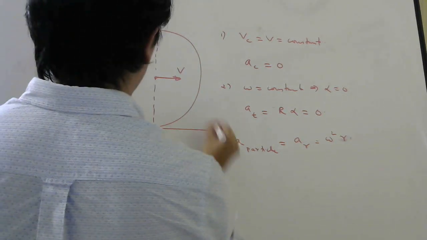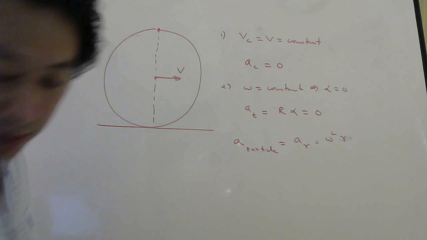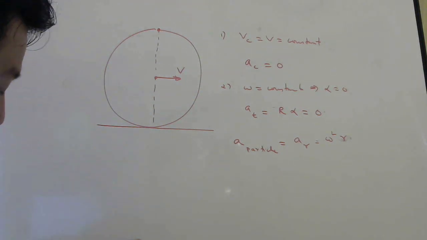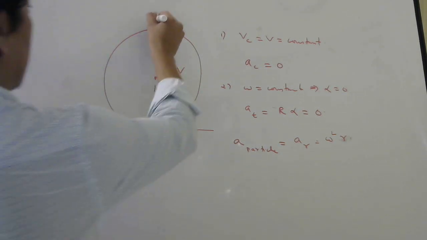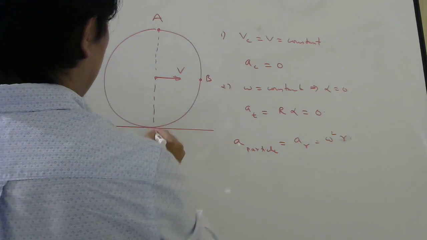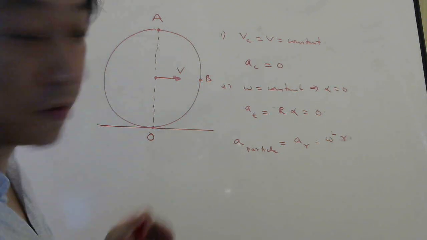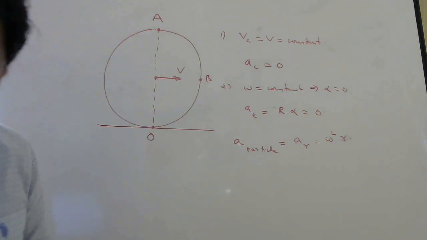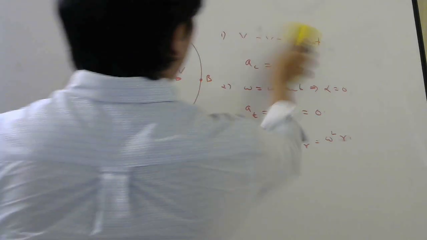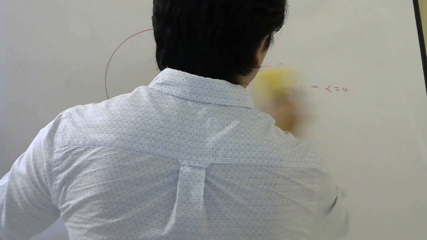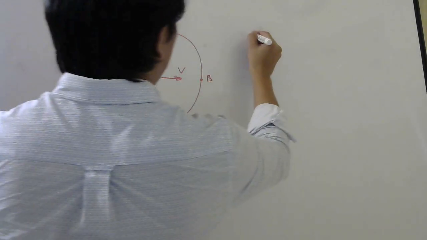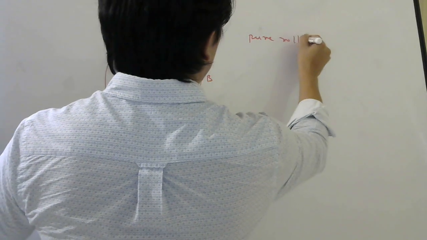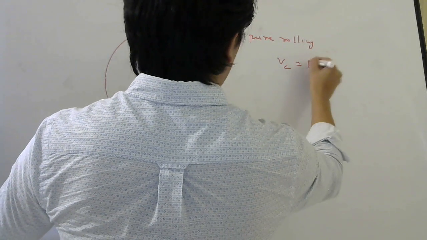Okay, now this is point A or B. Let me just check quickly. This is A, this is O. So this is your A, this is B, this is O. So they want radius of curvature of A and B. Now radius of curvature from which frame? They did not mention the frame, so it means from ground frame. So let us show the direction of velocity first. So what will be now? They say pure rolling. So pure rolling means Vc will be r omega.